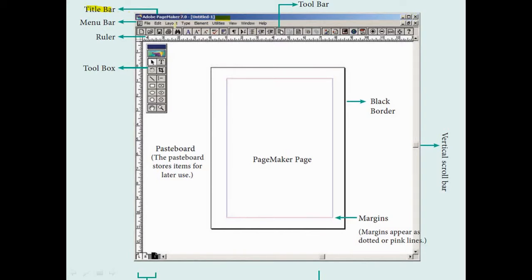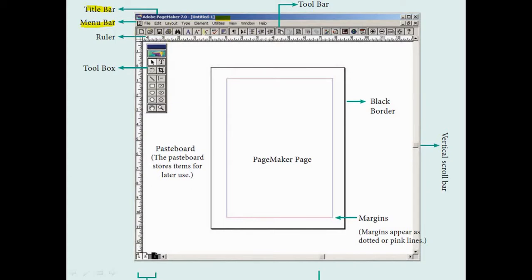Under the title bar you have this menu bar, where you have all the menus using which you are going to open a created document, a new document, you are going to edit, you are going to view in different ways. So if you click on the menu, a submenu will appear.